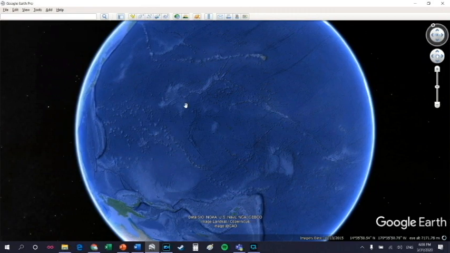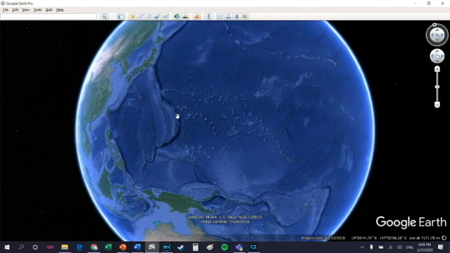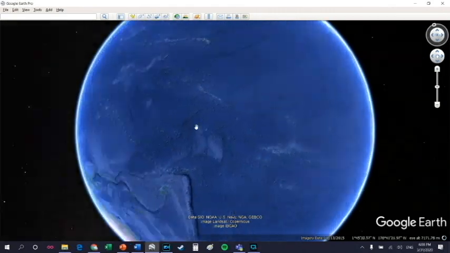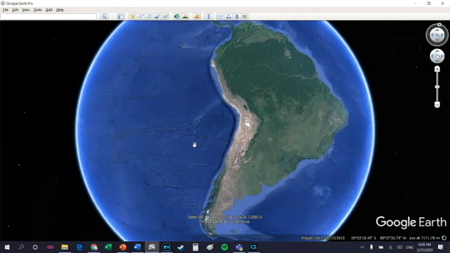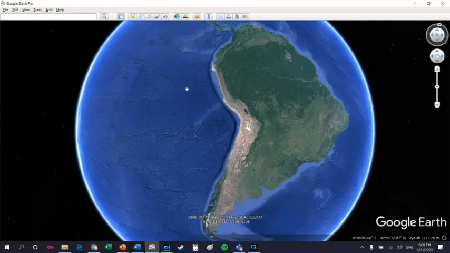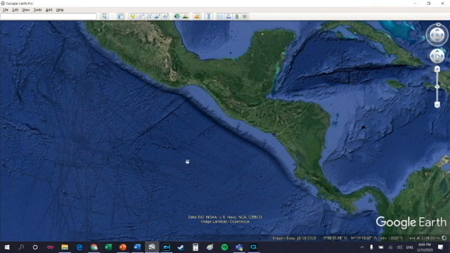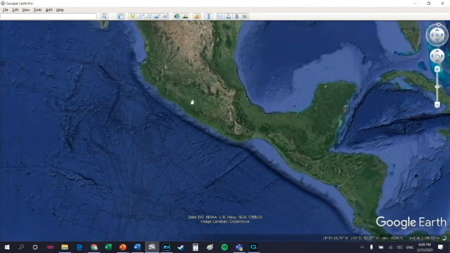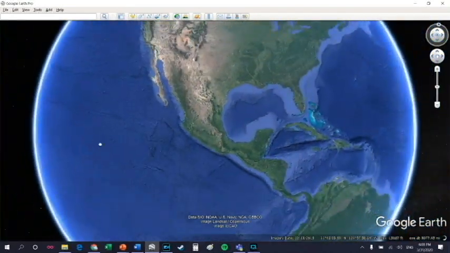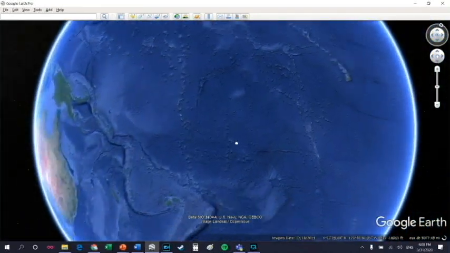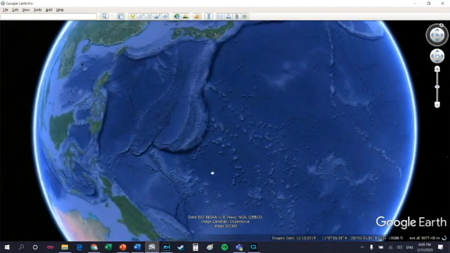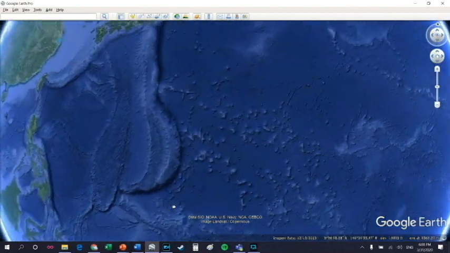Now, another situation I'm going to show you, I'm going to back up for a minute. So this is ocean crust colliding with continental crust, and we have a trench that's formed, okay? A very obvious trench. Here's another one. We have oceanic crust colliding with continental crust, and we have a line of volcanoes all along there. But you could also get ocean crust colliding with ocean crust, and the most famous of that is,